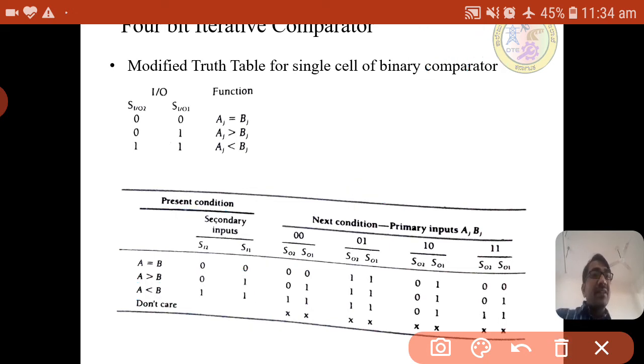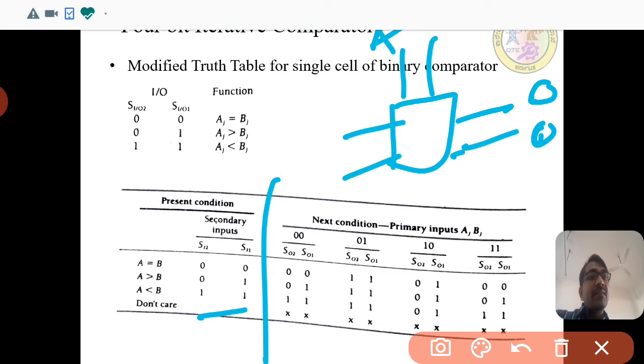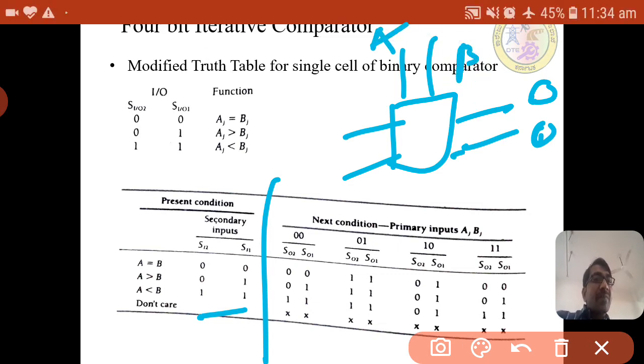Let us take once again the secondary input as 0 0, with the present AB, that is AJ and BJ, the present pair. Suppose its value is 1 0, meaning A is 1 and B is 0.